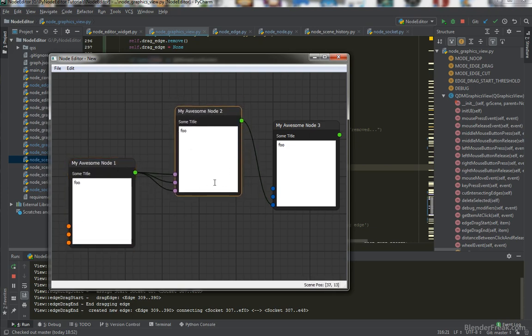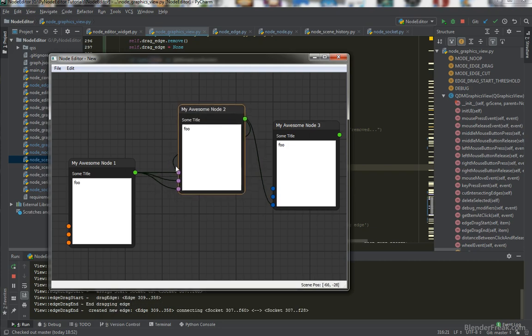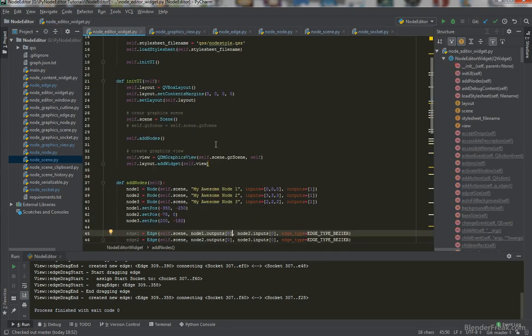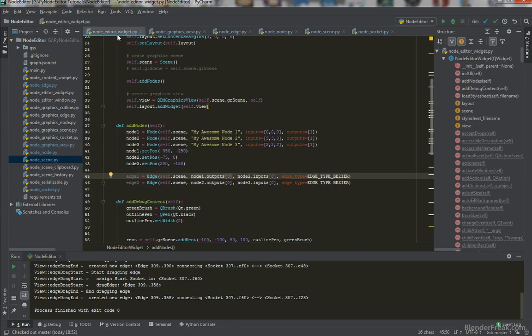But what's going to happen if we try to drag something here? Now we got two connections in the input, and we don't want to have multiple connections in one input. So basically, somewhere here, yeah, here it is. In the node editor widget, we are creating nodes and edges, which is our default, and we do want to go to the inputs and outputs, and we want to say that our input by default